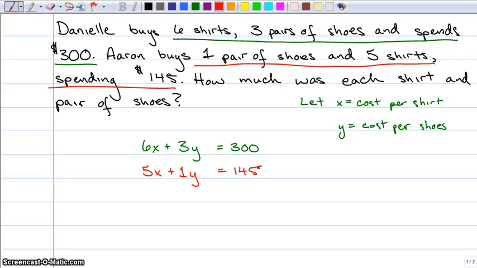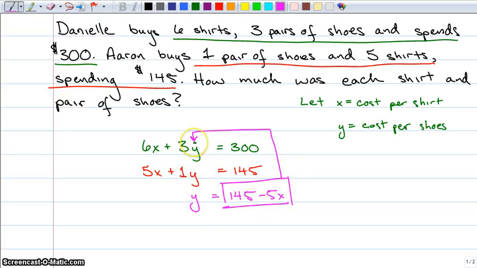At this point, you should know how to solve this system of equations. I don't care if you use substitution or if you choose to use elimination. They both work. So what I'm going to do is I'm going to show you the substitution. When you look at the answer key online, the answer key is actually written out in elimination. Both of them work. You get the same answer regardless, but this process says get one variable by itself and plug it in. That process ends up with 6x plus 3 times all of that stuff I put in the first box